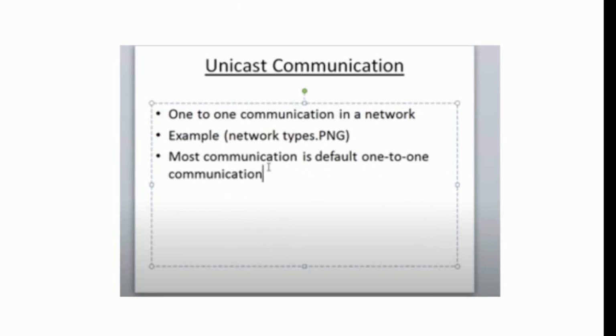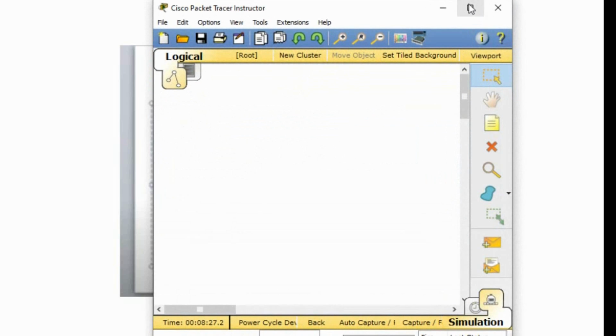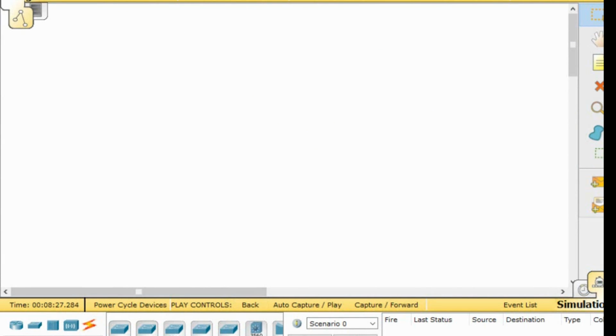So if I can give an example in another lab. Welcome to Cisco Packet Tracer. So there is one computer. I'm going to get a connection with the fast Ethernet cable. I'll explain to you what a fast Ethernet cable is and about this lab in the next class session. Okay. So this one computer,